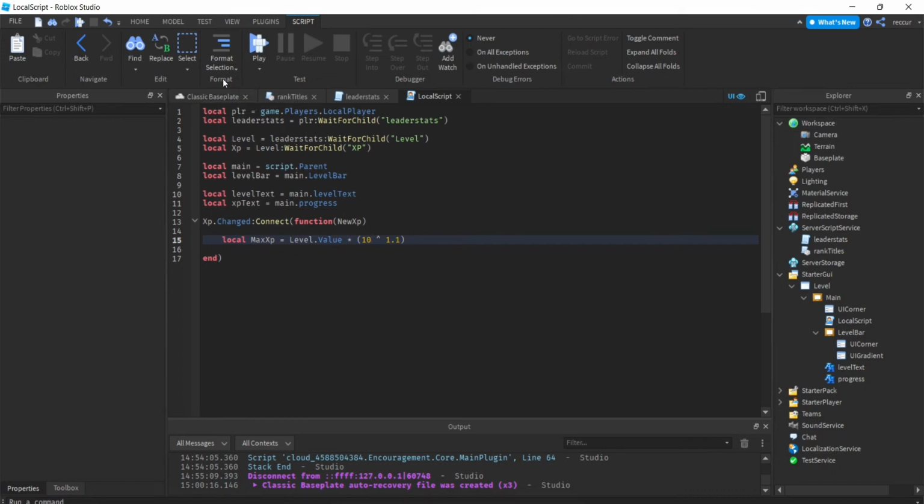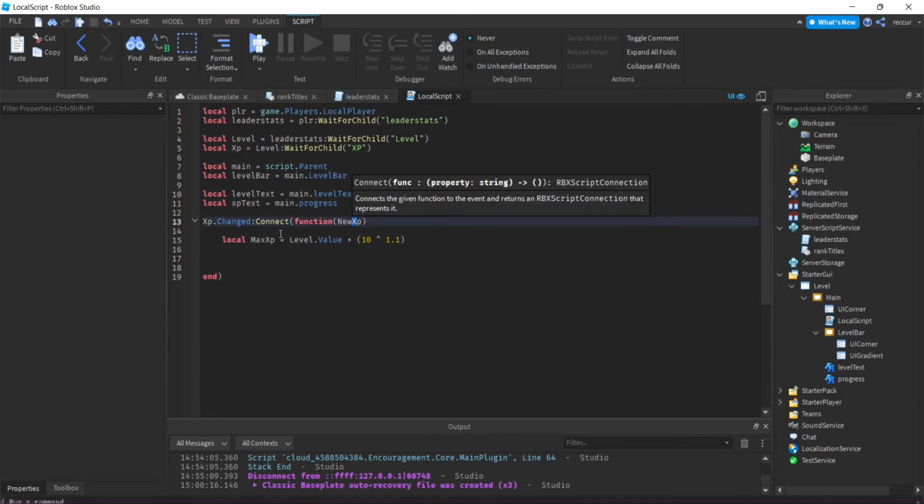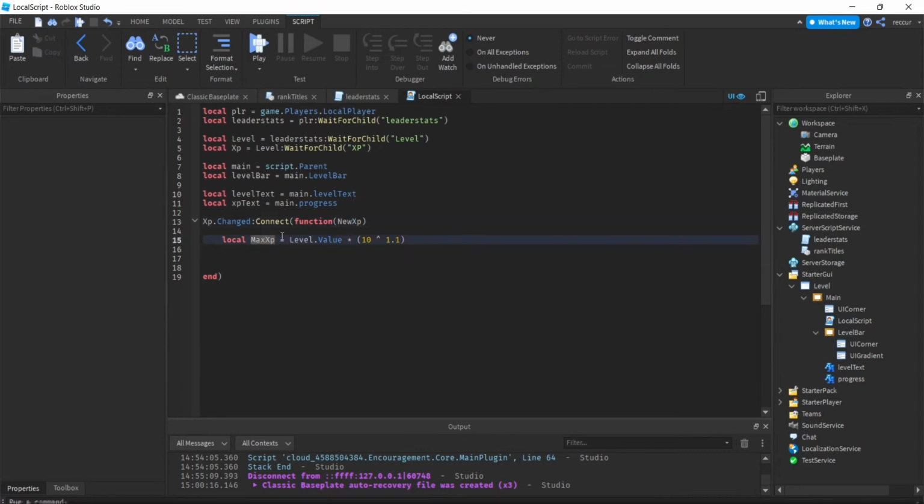So for example, for level 1, you want 10 XP to level up. Meanwhile, in level 10, you might need a bit more. And that's pretty much all this does. So now we need to check. So this is the max XP, right? The max XP needed. So now we need to check if the XP gained is more than the max XP, meaning the player has to level up. So if new XP is greater than or equal to max XP, then